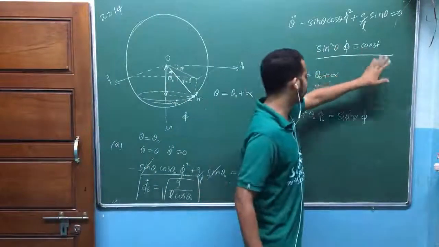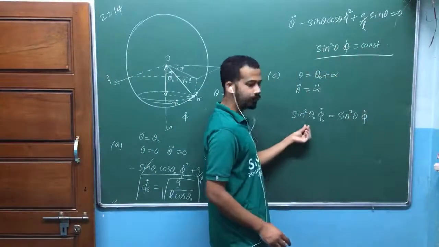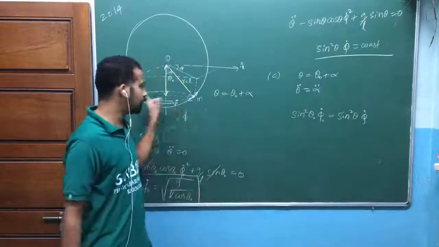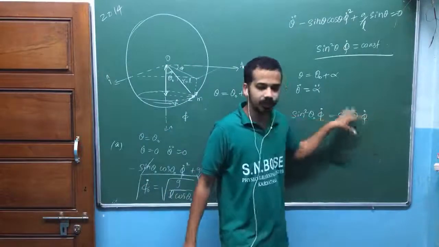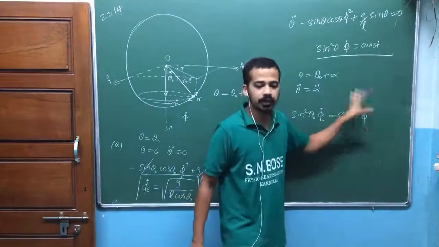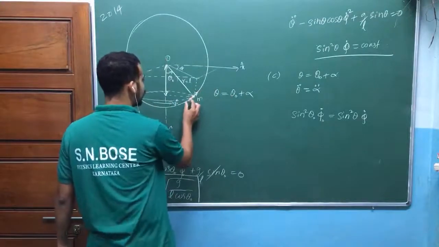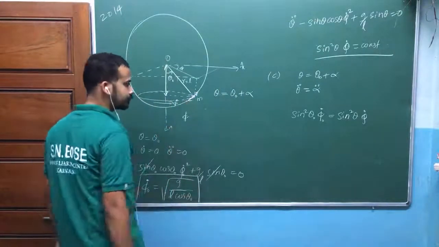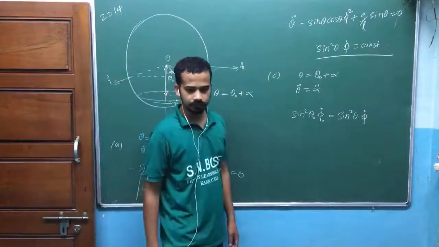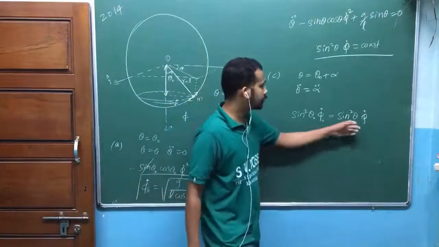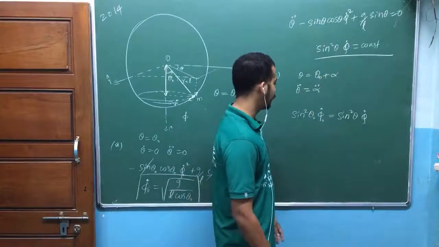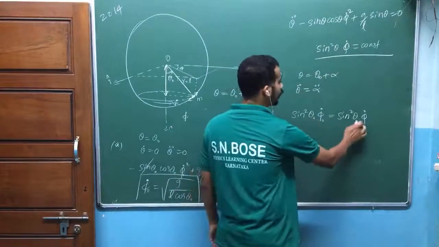This is constant with respect to time means this is when it was doing circular motion. This is the general situation. Even when I give small oscillation like this, even when I disturb it like this, is that okay? I can write this one because that is constant with respect to time. So now from this one you can solve it for phi dot.